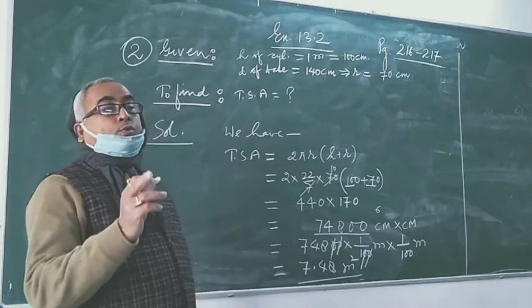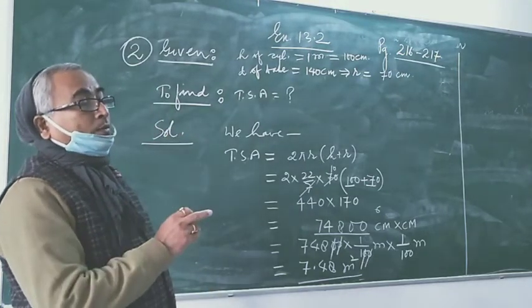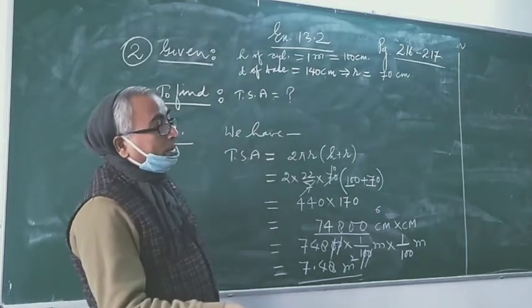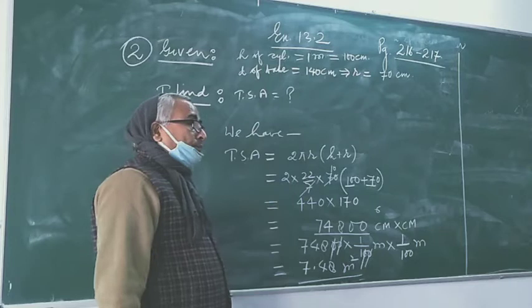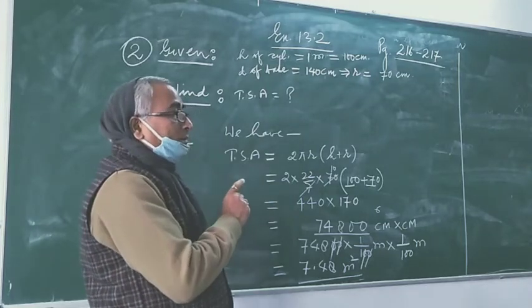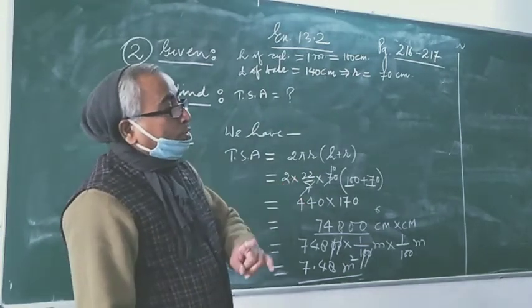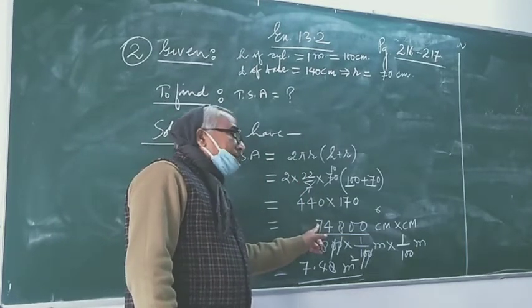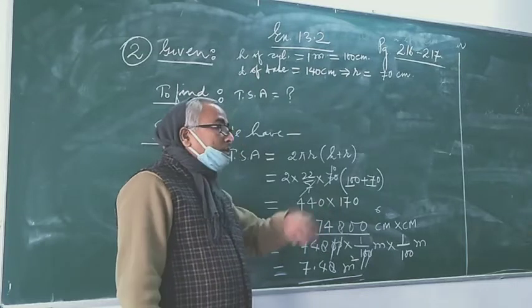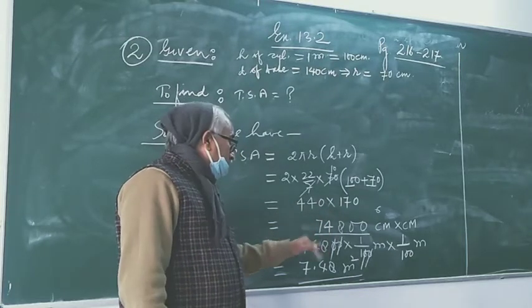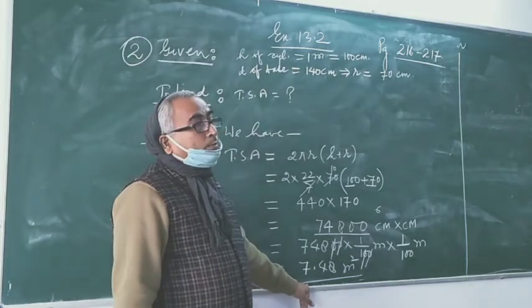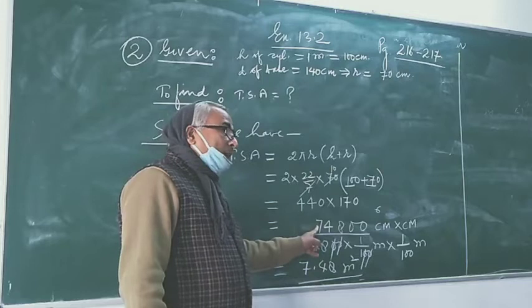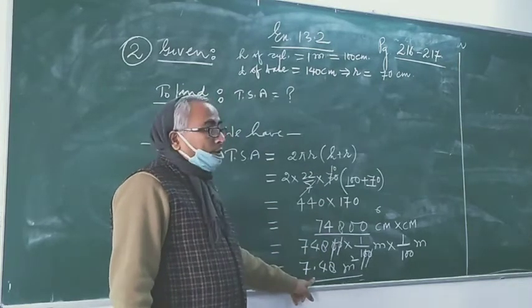But sometimes questions are conditional, asking to find the area in square centimeter or in square meter. If conditional questions are there, you have to go according to the condition. Here you are free. Either find out up to this step, or you can expand this and convert into square meter. Both ways are there. You can conclude at this line, or you may expand up to here.